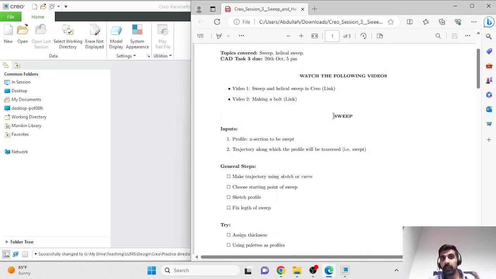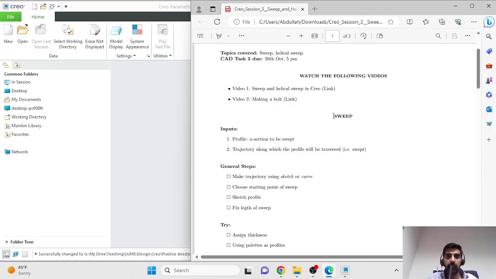By sweep, I mean an operation where you first make a cross section. So for example, if you imagine that this circle is a 2D cross section, it's a 2D sketch, and then you sweep it in the perpendicular direction along this normal, then you'll get a cylinder. And since this sweep is being performed perpendicularly, we call it extrude. If instead of sweeping it perpendicularly, we sweep it along a circular profile about a center line, then that's known